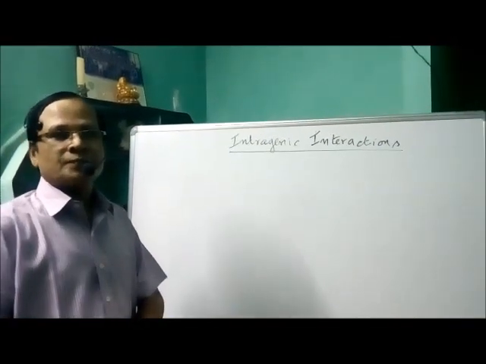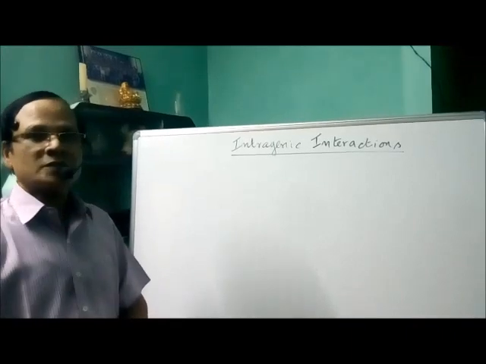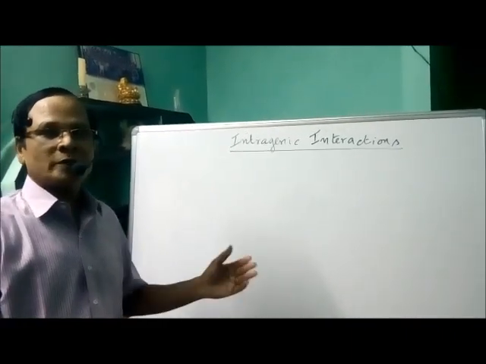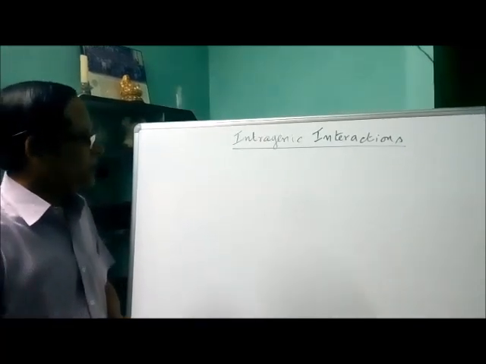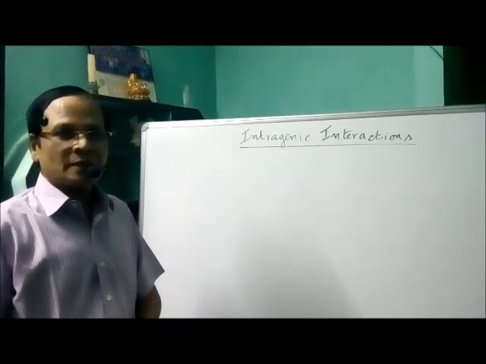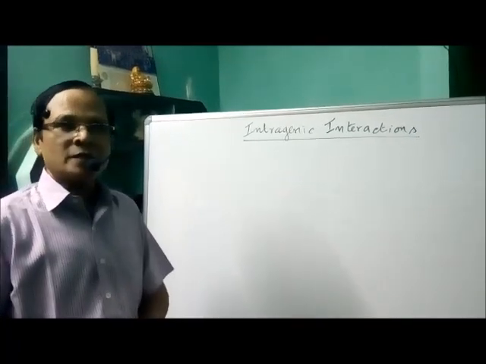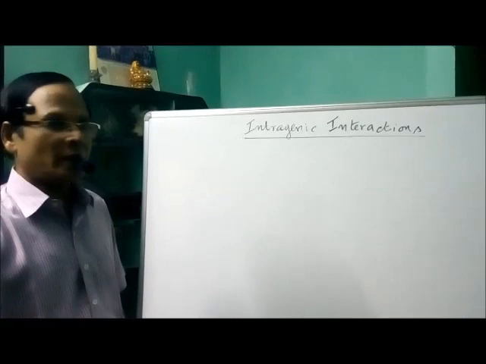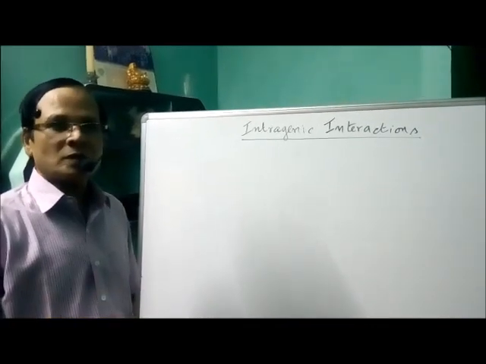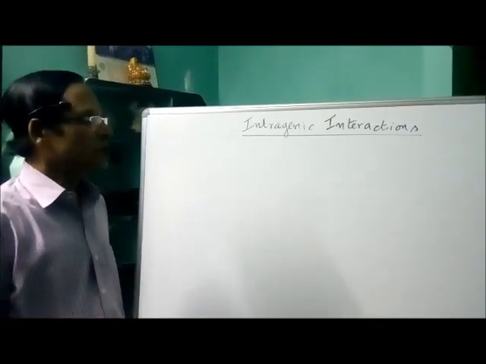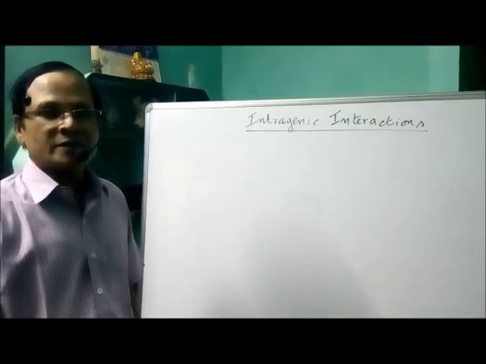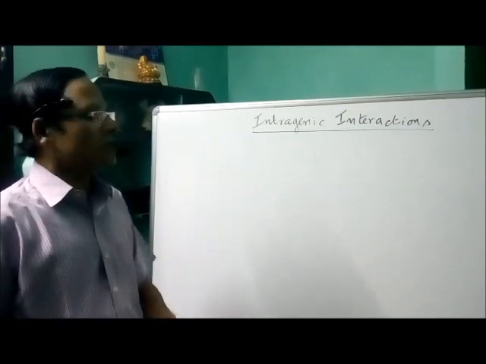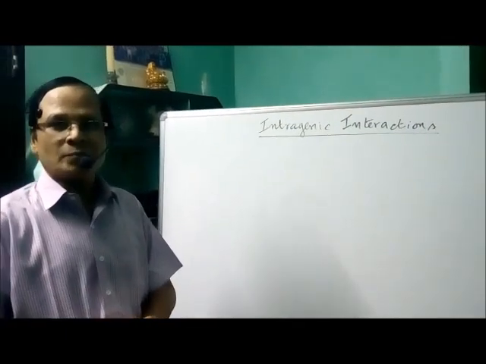In this class, let us talk about intragenic interactions. I mentioned already what we mean by that. It is nothing but the interactions that occur between the alleles of the same gene, that is, between capital A and small a. It is also called intralocus interactions or intra-allelic interactions or simply allelic interactions. The examples for intragenic interactions, as given in the book: